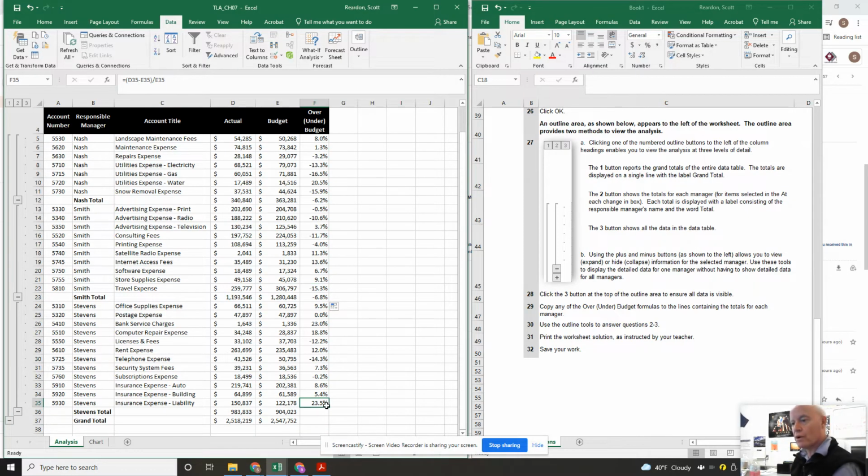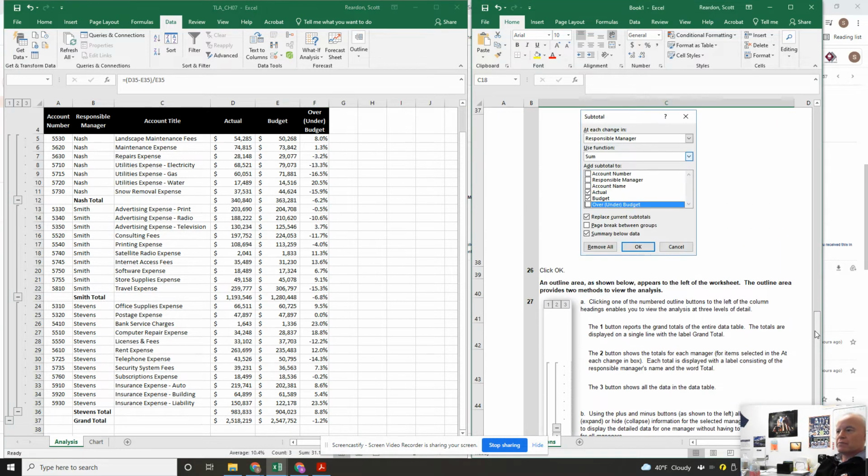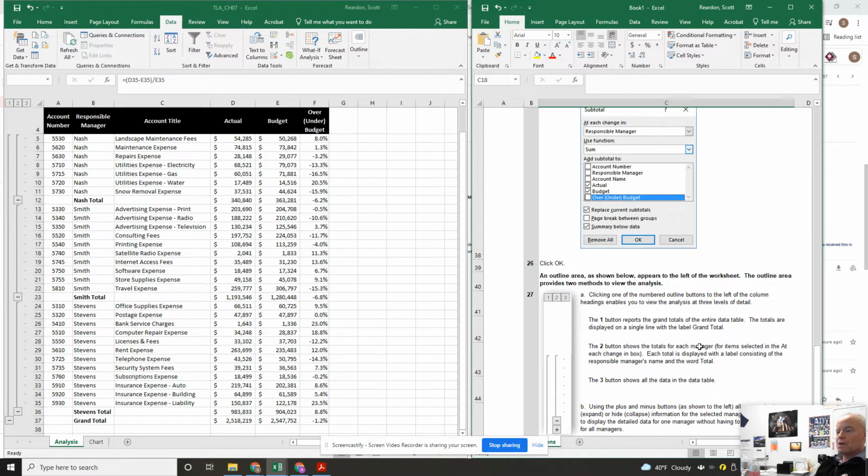Same thing for Stevens, and actually grand total as well. Okay. I kind of skipped ahead to 29 there because that's going to make a whole lot more sense. It says an outline area that's over here on the left if you have subtotals activated. Now, if you got something weird right now and you're like, oh, this doesn't make sense, it's because you either